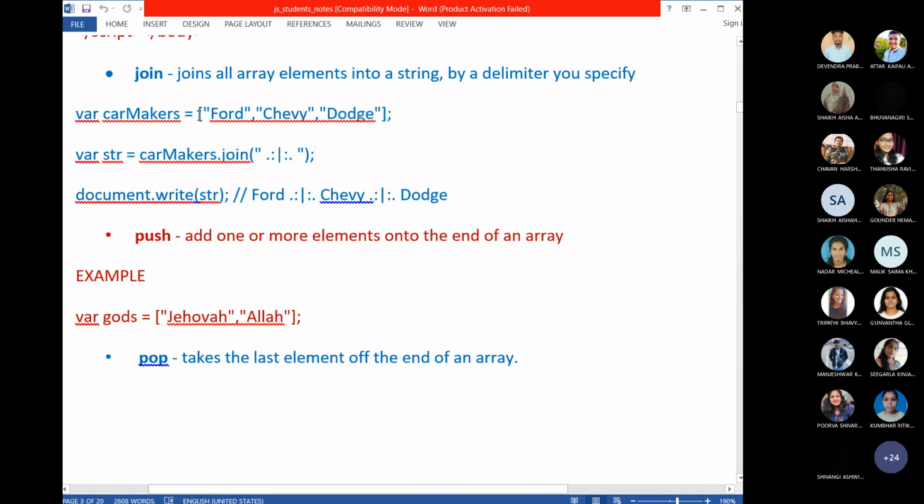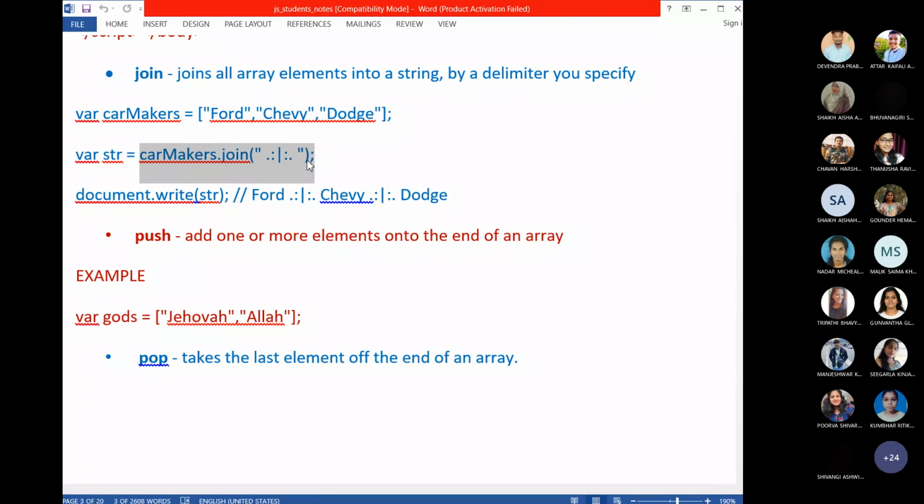Okay. Here I directly assigned the value. So by seeing this, you said car makers is an array object. Now here I did not directly assign a value in the str object. So to identify which object str is, whether it is an array object or any other object, you should know what the output of this is. Array object dot some method and some parameter. A parameter is a delimiter.